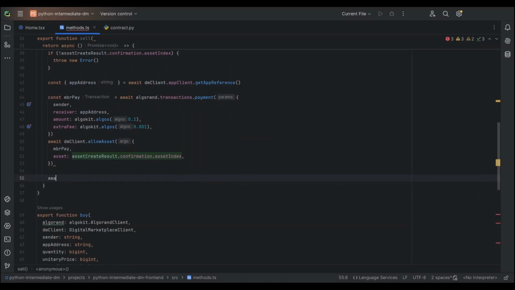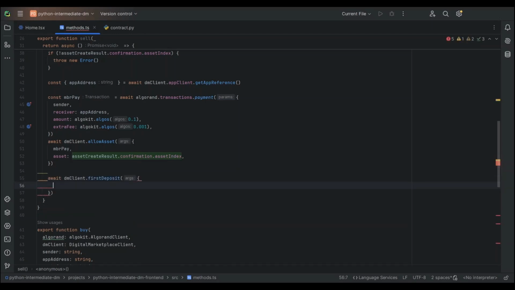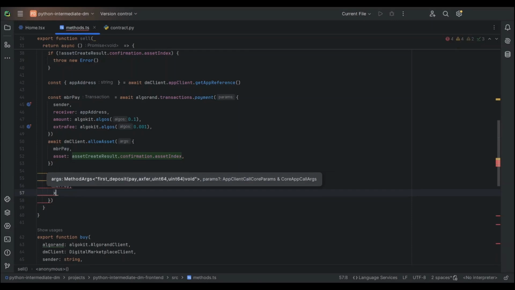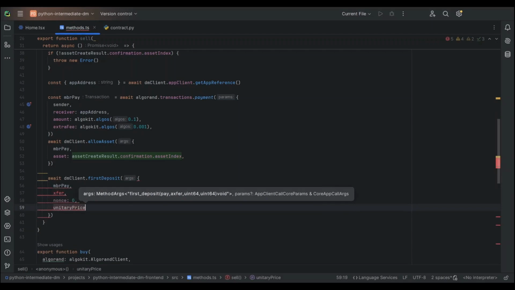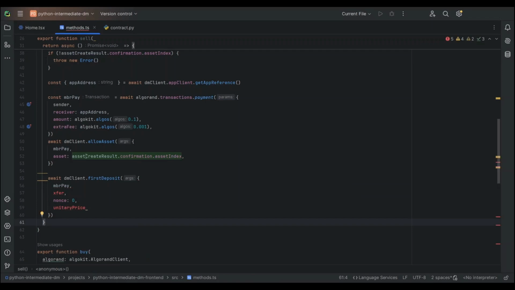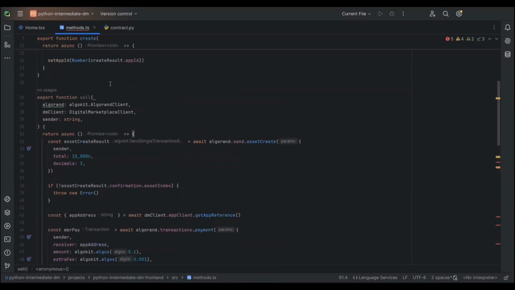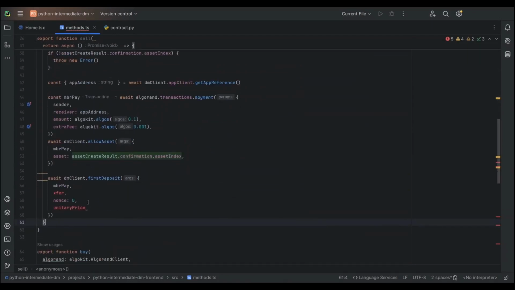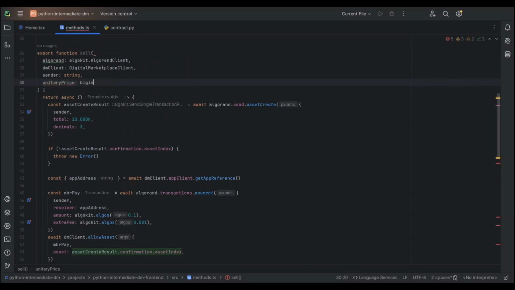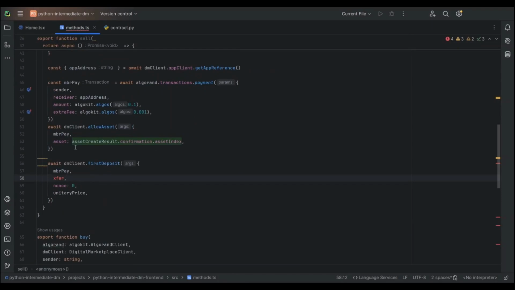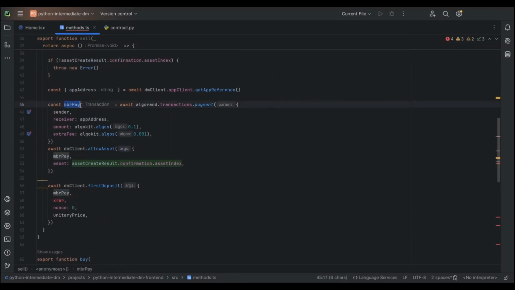And let's say that we want first to have a call to first deposit. And in this case, the methods are a pay, so this should be an MBR pay, an asset transfer, the actual deposit, and I think the nonce, perfect, the nonce is always going to be 0, and the unitary price. Okay, perfect. So at the very least, we know from this function definition that we want to get the unitary price as an argument. Right. And then I think I want to change the name of this transaction here because